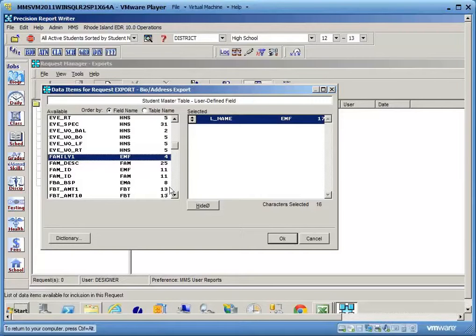If I clicked on the other last name, it would tell me that this data is coming from the mail merge tracking table. Well, I don't want that. I just want everyone's last name from the biographical system. So I'd highlight last name from the EMF and double click on that to move it over to my selected items. I also want first name,